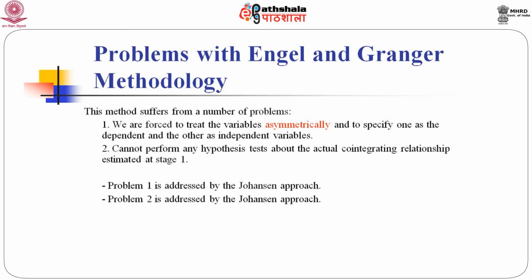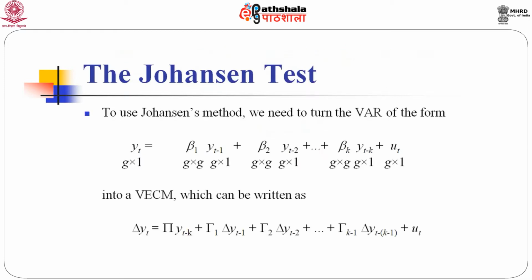In the next step, I will explain how to find the co-integrating relationship for the k-variable case, that is, if you have k explanatory variables and one dependent variable, how to find the existence of a co-integrating relationship. This is done by the Johansen test and Johansen's methodology, and in order to apply it, first we have to write the system in VAR form. In our earlier classes, we discussed how to write the VAR system, that is, the vector autoregressive system.